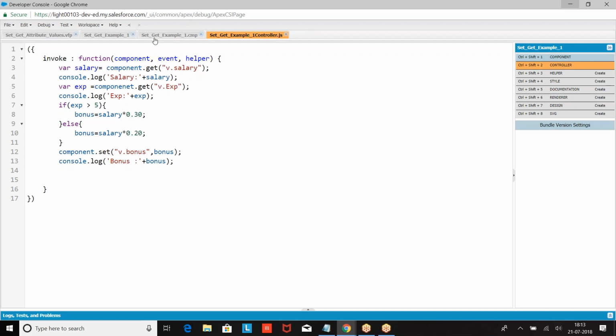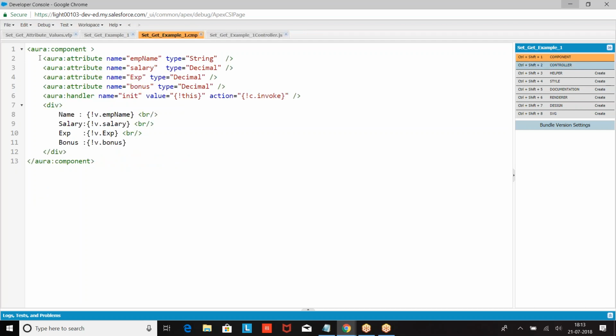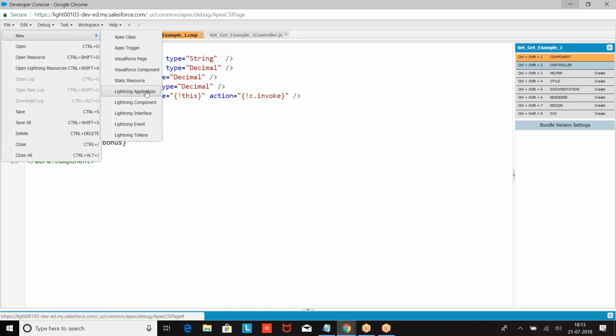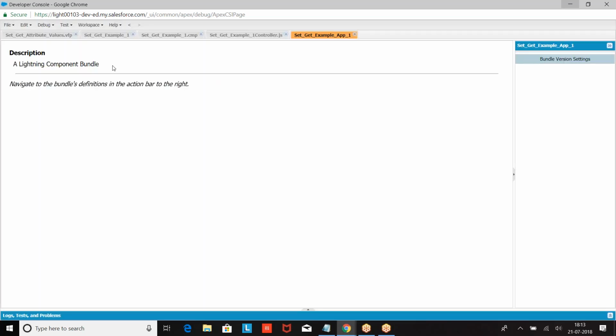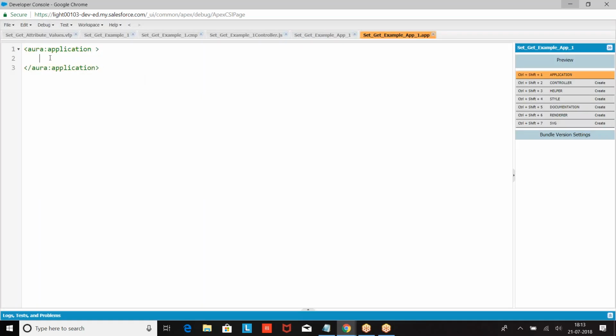That's all. Now this component should be invoked within an application. Now I am going for a Lightning application. EMP name, Seshmela, salary 10,000,